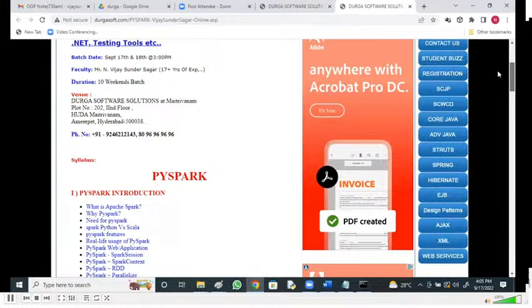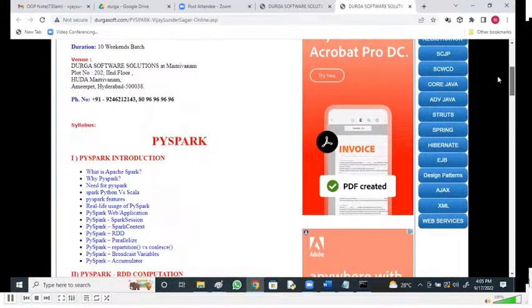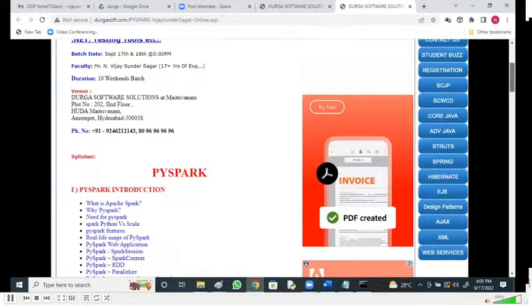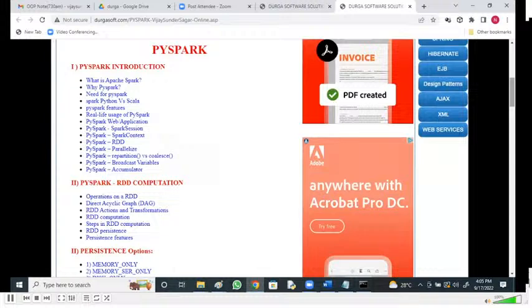It is a 10-weekend batch, which means about 2 months, so you will get 8 weekends, so 2 to 2.5 months. It goes with in-brief knowledge of PySpark. Now, if you've got any queries, you can go with your queries. Tomorrow also you can attend at the same time with the same link to see more on this. It's not any duplication of today's session; it will be a continuation.